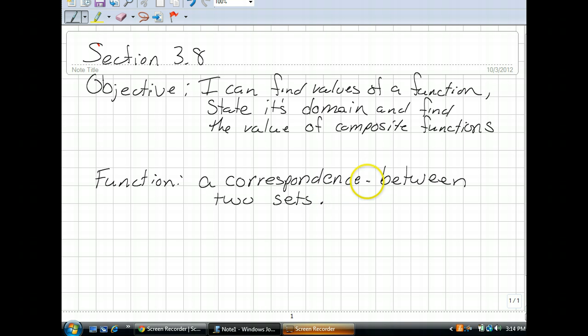The two sets are the domain, which we designate as D, which are your x values, and the range, which we designate with a capital R, which represent the y values